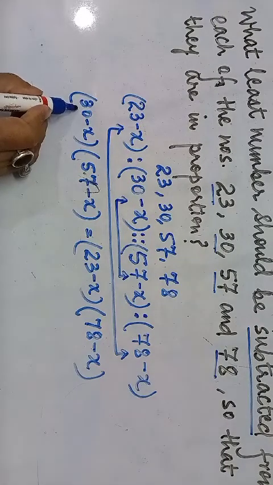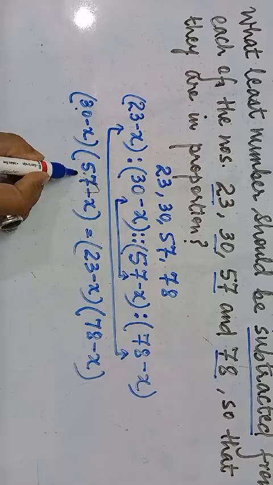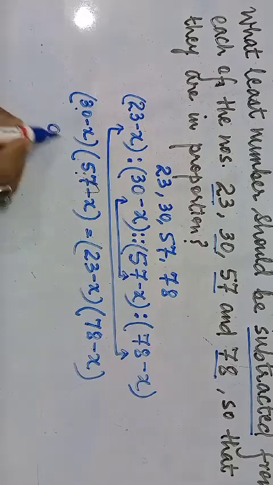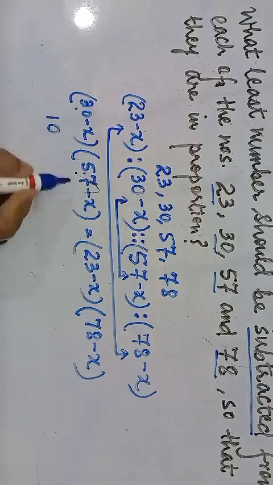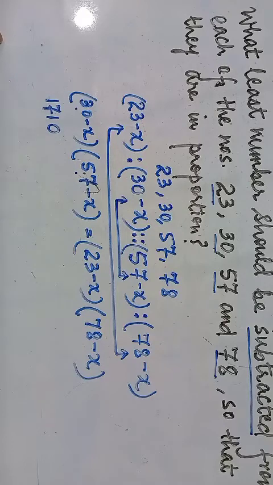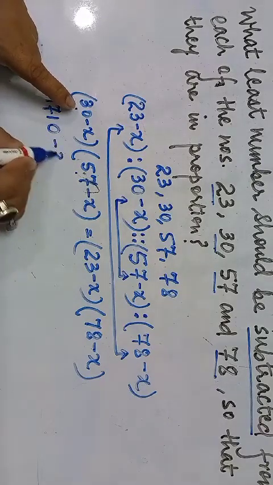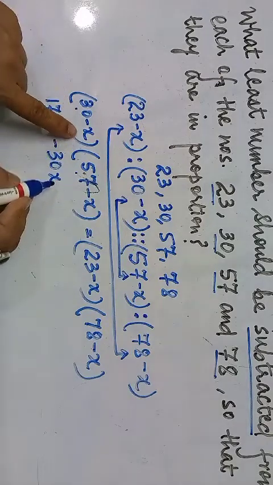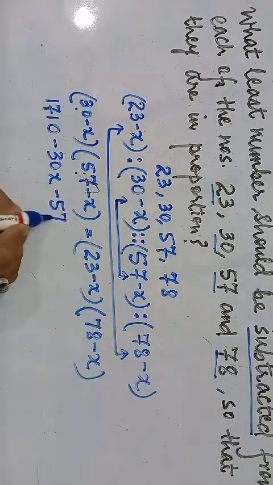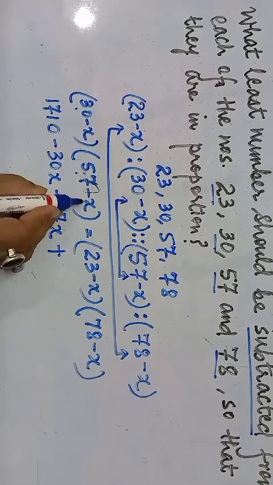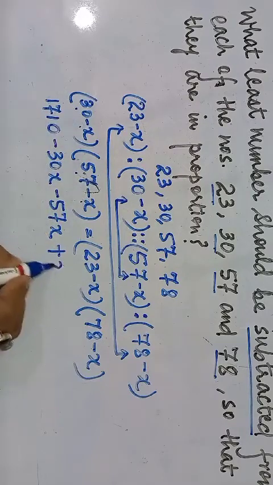So you have to do 30 into 57, so 0, and then 3 7s are 21, carry 2, 3 5s are 15 and 2 is 17, so 1710, and then this 30 with this, so you have minus 30x, then you have minus 57x, and then you have minus x into minus x,